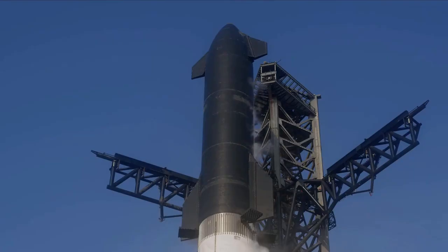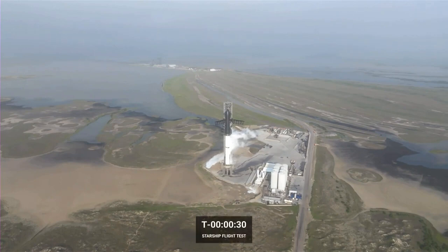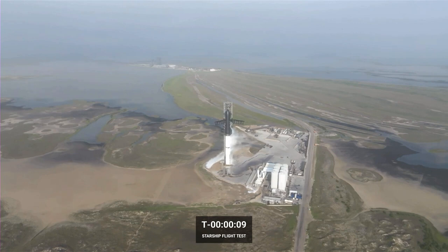Amazing views here coming to us from Starbase, Texas. Cheering to call the start again. T-minus 15 seconds. 10, 9, 8, 7, 6, 5, 3, 2,